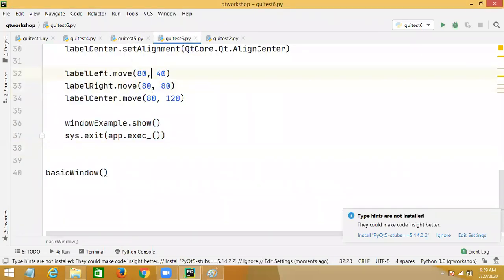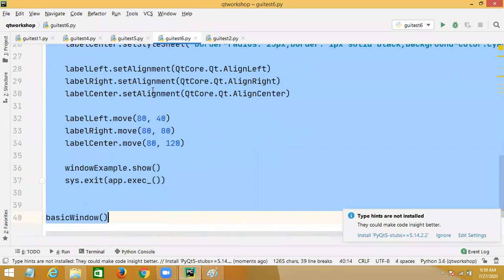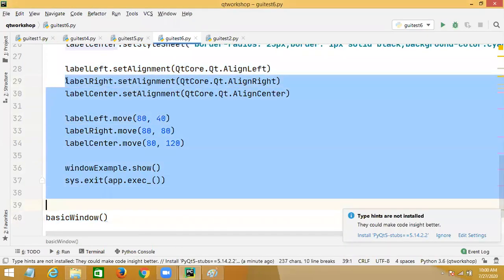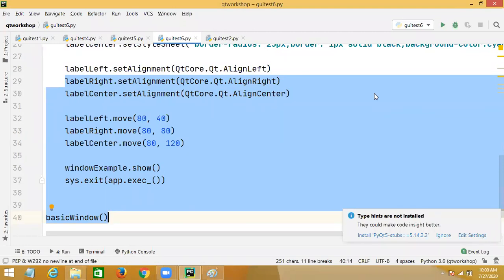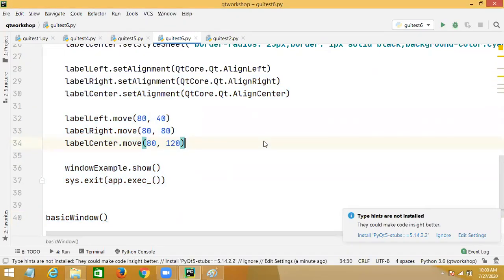This is the 6th program. It's a continuation of that, because the window size is restricted here.